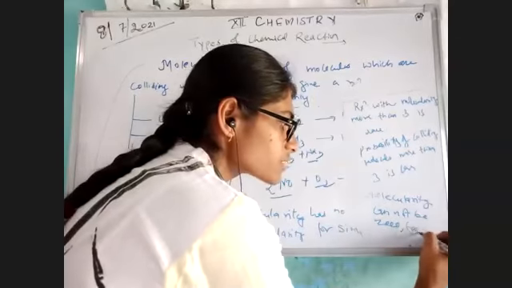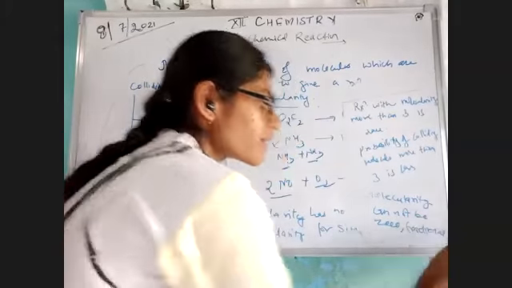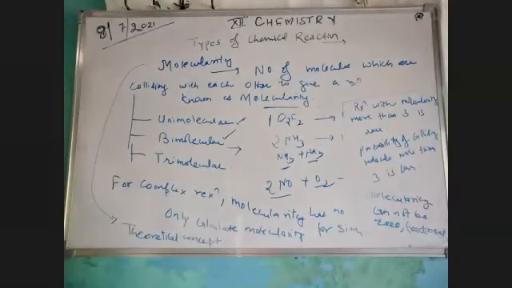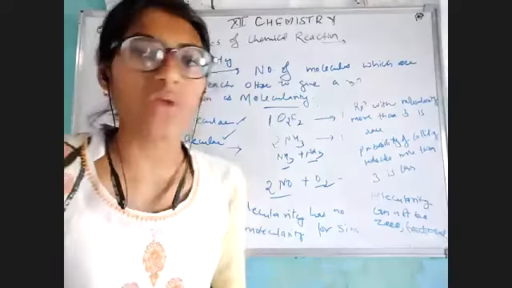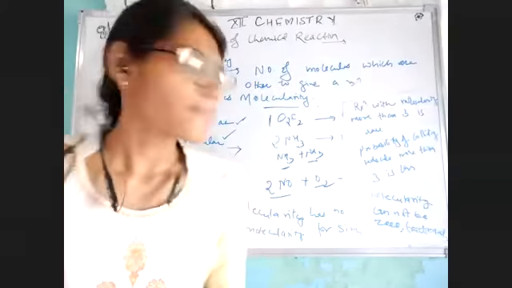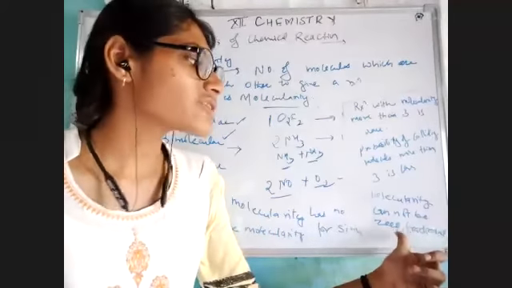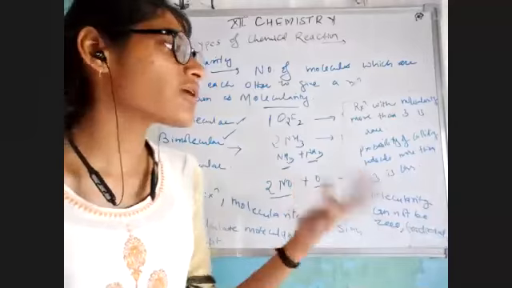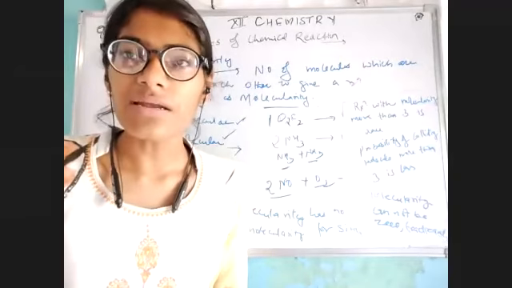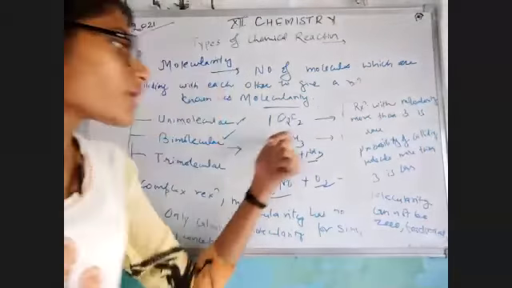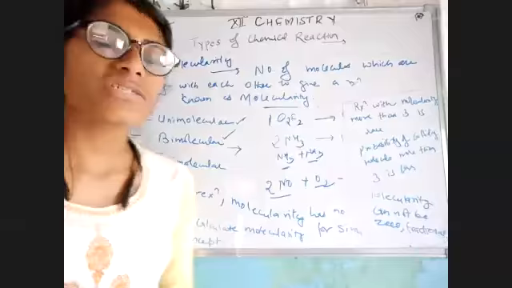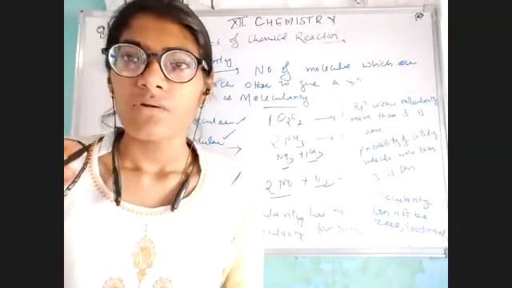It is only a whole number, unlike the order, because order can be zero also, order can be fractional also. Okay, because that is not possible here, bache. If I talk about zero, that means molecules are not colliding. Zero molecularity means molecules are not colliding with each other, so the reaction would not take place. Okay, bache? Okay, ma'am. All right. Any other doubt?